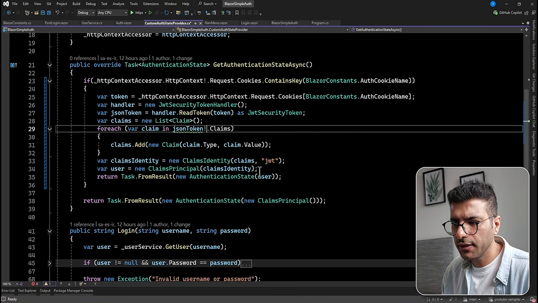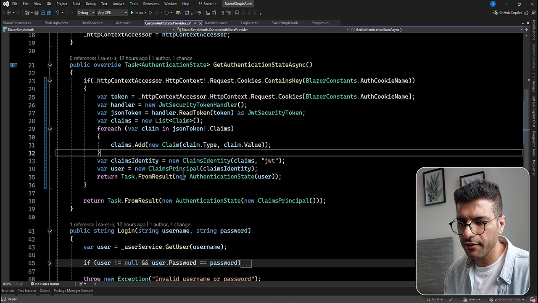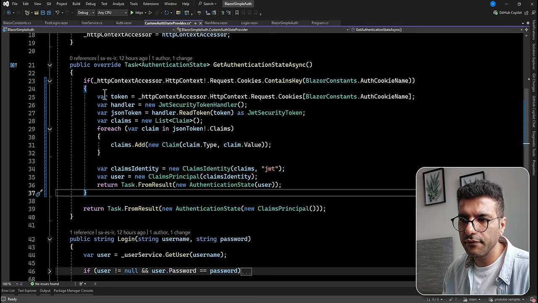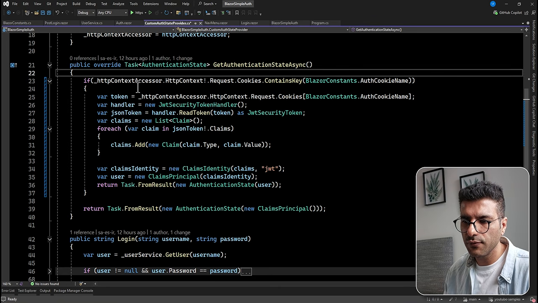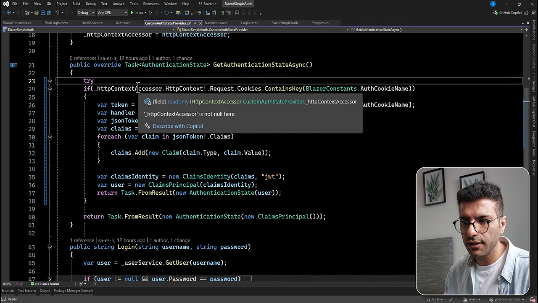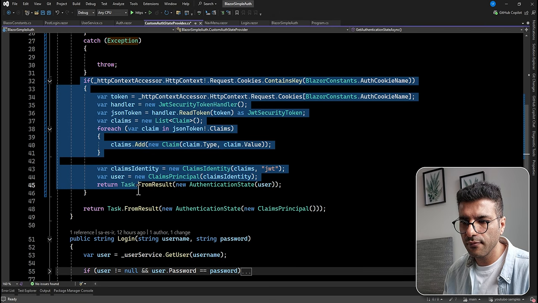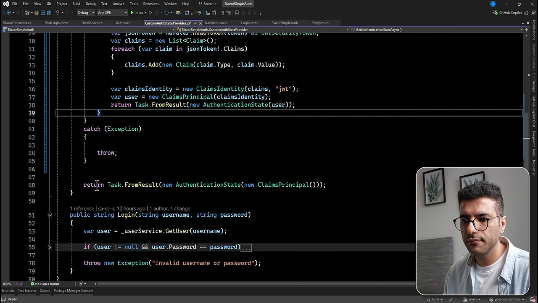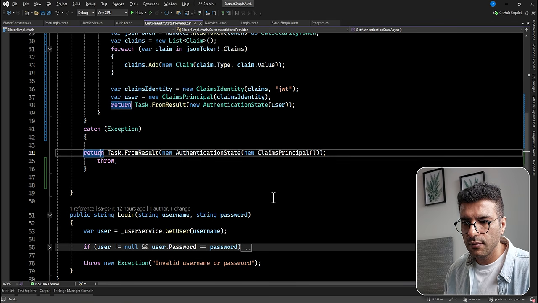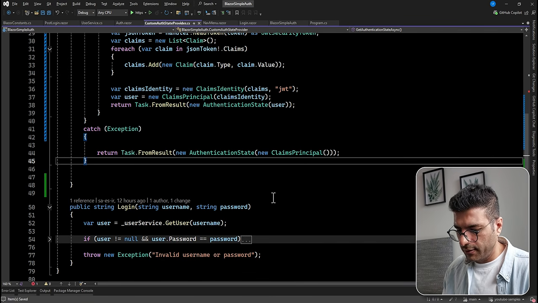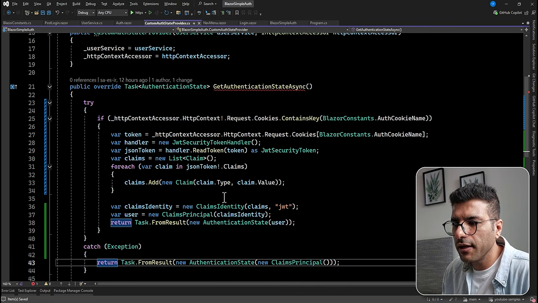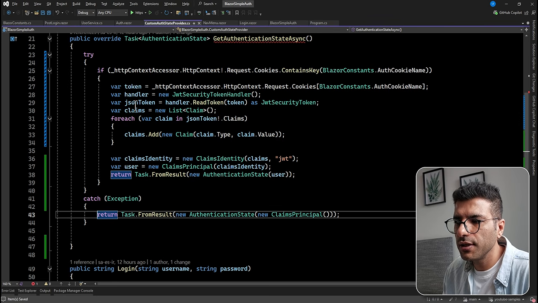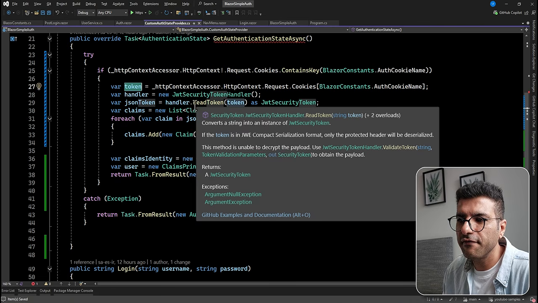I don't think we need to change anything here, but just in any case, if something happened, we need to just say okay, nice. So what we have done here is saying if the token is in the cookies, getting the token, validating,